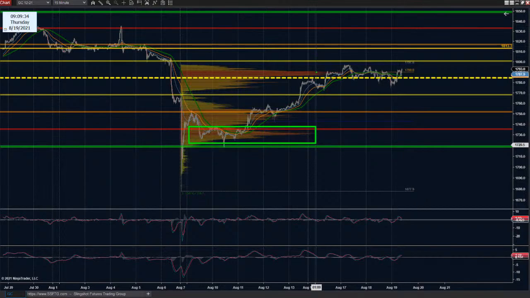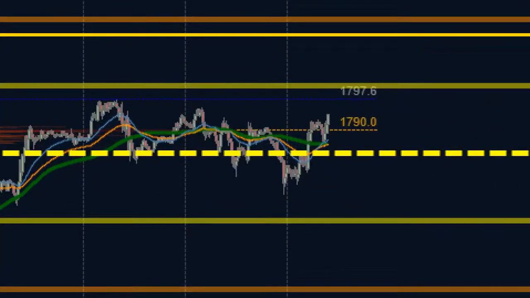Now that we've continued back to the upside, we have the POC shifting in the short term to 1790, where the market took a valid couple of attempts to the downside, and now they have failed and rolled back above. If the market is going to go up to that 13.3 area, this is the spot that they're going to do it at. It's perfect in terms of the risk-reward standpoint because the risk is incredibly small, and the reward is huge. If they're wrong, they only have to risk, what, like down to settlement, maybe?